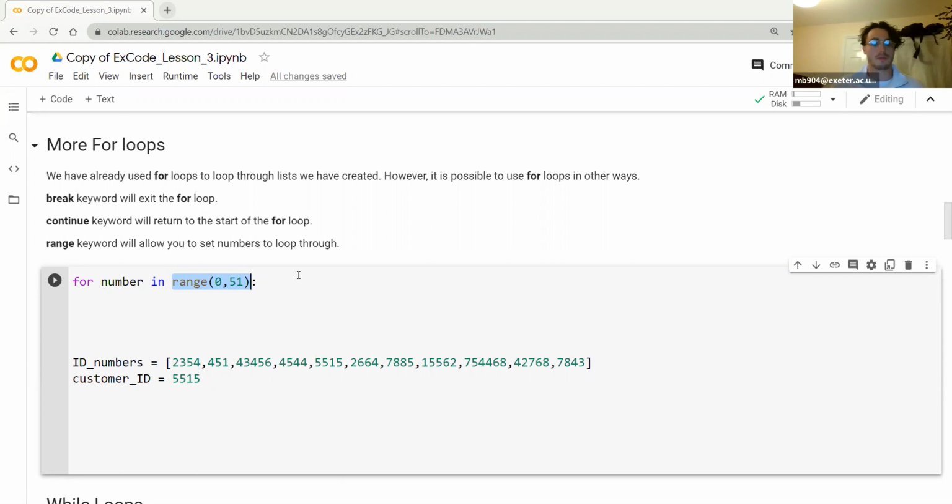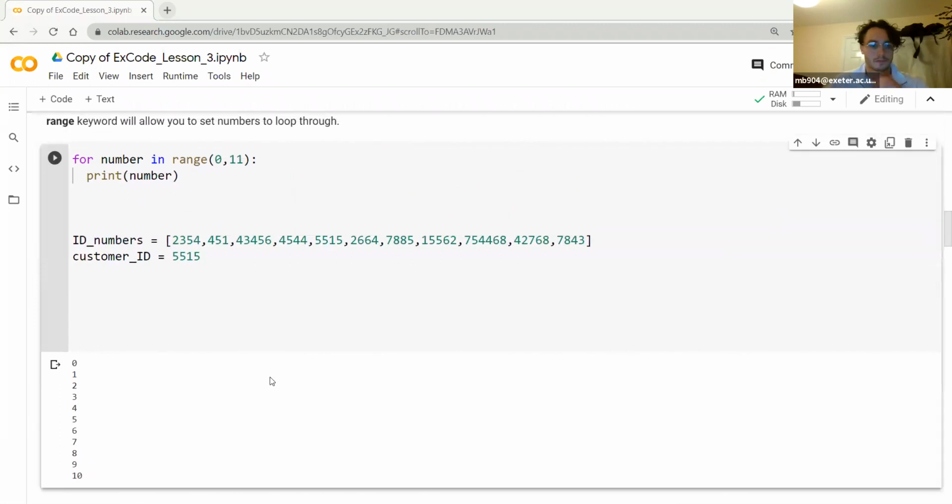So what this is doing is it'll go through, so actually it's probably easier if I just show you how this works. So just print number. So for number in range 0 to 11, what it's doing is it's setting the first value in this for loop to 0, the second one to 1, the third one to 2, the fourth one to 3, and it's just looping through them. So this is exactly like if you were looping through a list, as we've previously done,